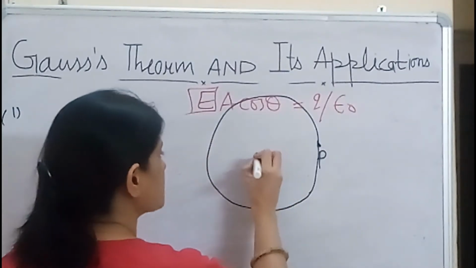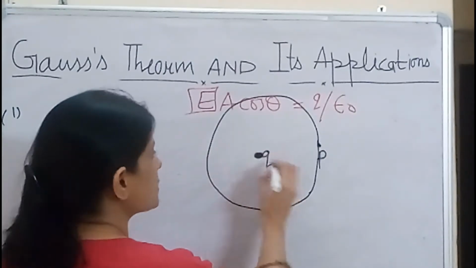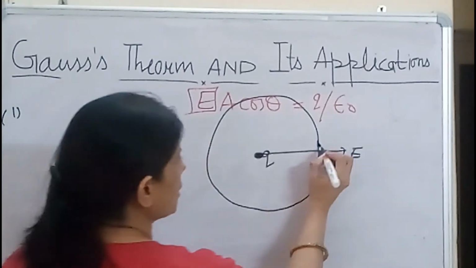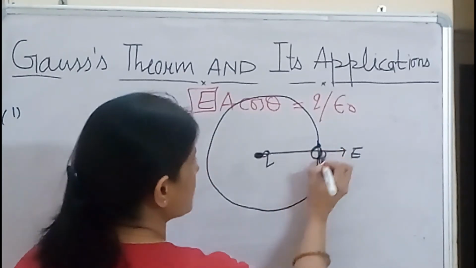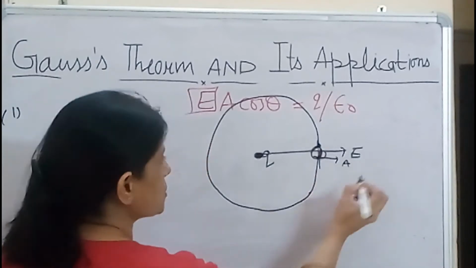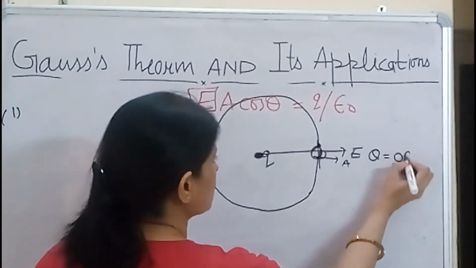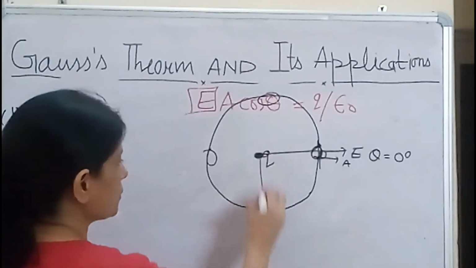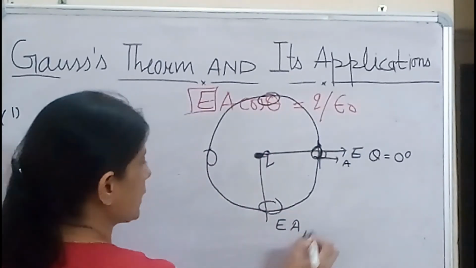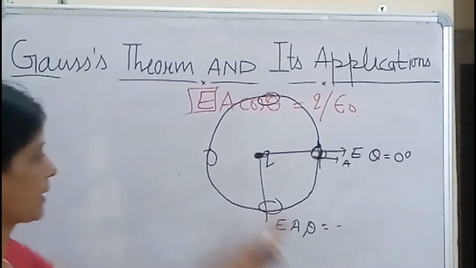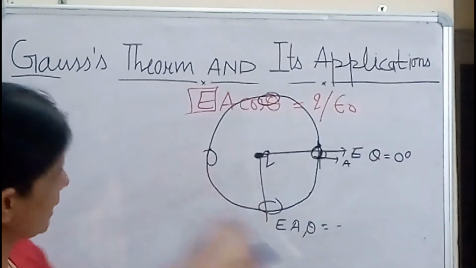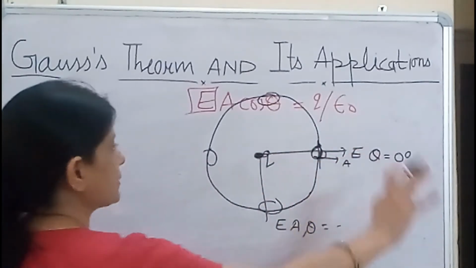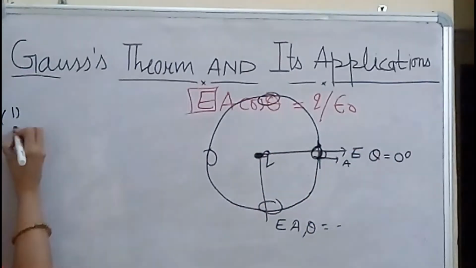Here the charge Q should be at the center. At the center the electric field intensity is in this direction. Suppose for this surface the area vector is in this direction and theta is 0 degrees. For this surface we have done all this before also, the symmetry of E, A and theta is the same. So this is a surface in which E, A and theta are in symmetry. So number 2 is also satisfied.